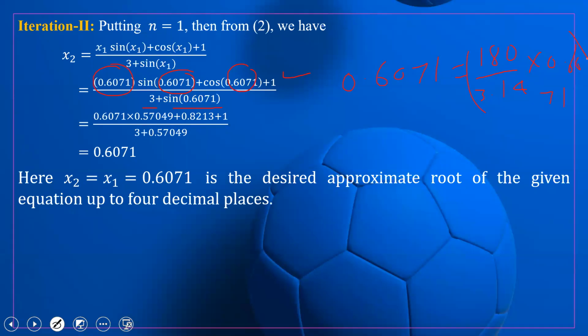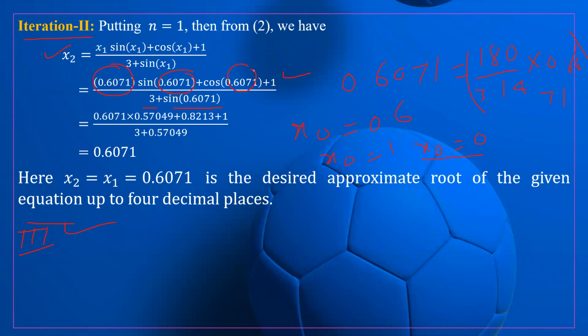Here we have substituted x0 equal to 0.6. You can also take x0 equal to 1, for example, or x0 equal to 0.5 or 0. What will happen? We will take one more iteration. It may not come in only the second iteration; we can also take iteration number 3. Up to iteration number 3, we are able to find its answer.